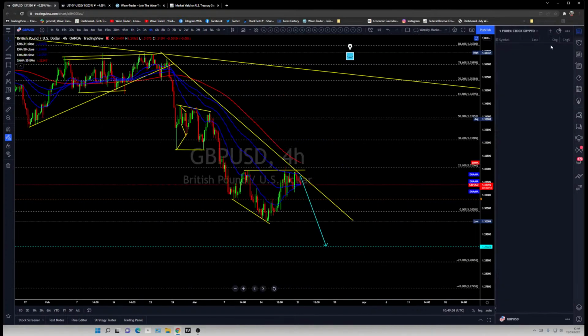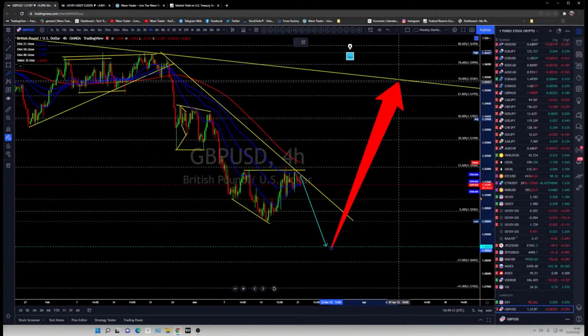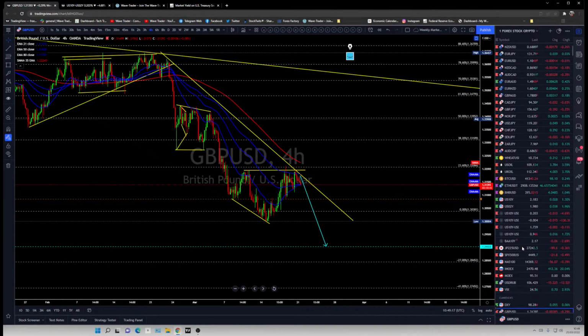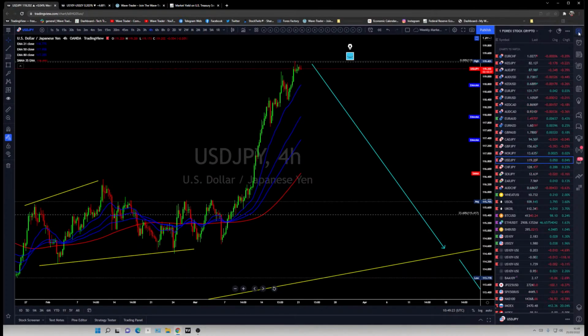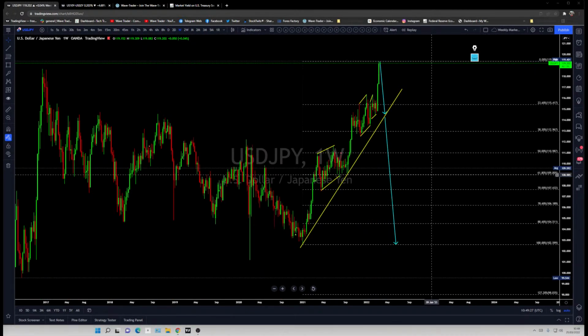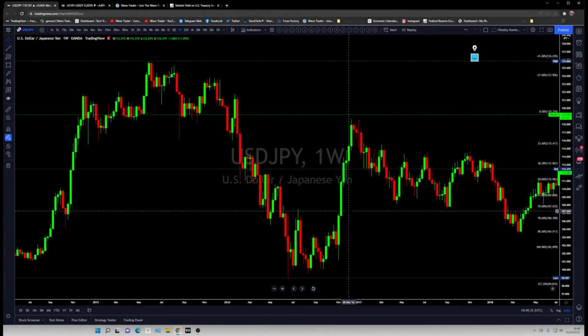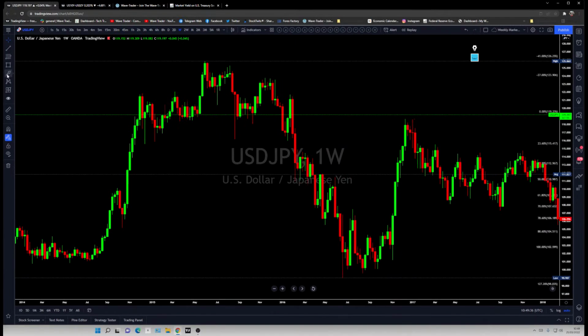All right, so once price finishes that move, start looking for this to go back up for another bigger daily correction. So the dollar yen, okay, so dollar yen is about to finish its weekly wave. Okay, so last time when the Fed started to tighten their policy, we have seen a huge